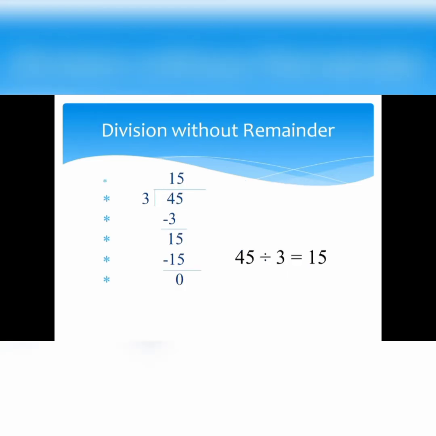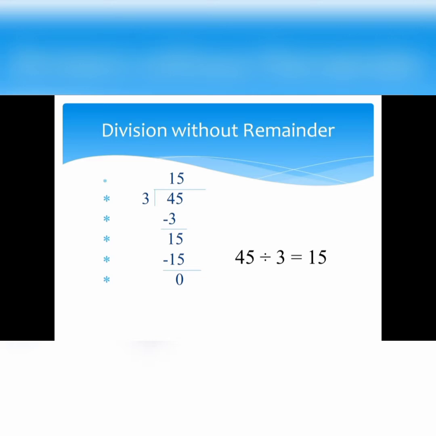Now, take an example, division without remainder. As you can see, 45 divided by 3. Step 1 is look at the digit in the tens place. How many groups of 3 are there? It means 1. So, write 1 on top of 4 and subtract 3 from 4 and get a remainder of 1 in the tens place. Now the 5 is left, so we write down that 5 at the bottom. It becomes 15. Now we read the table of 3 again.